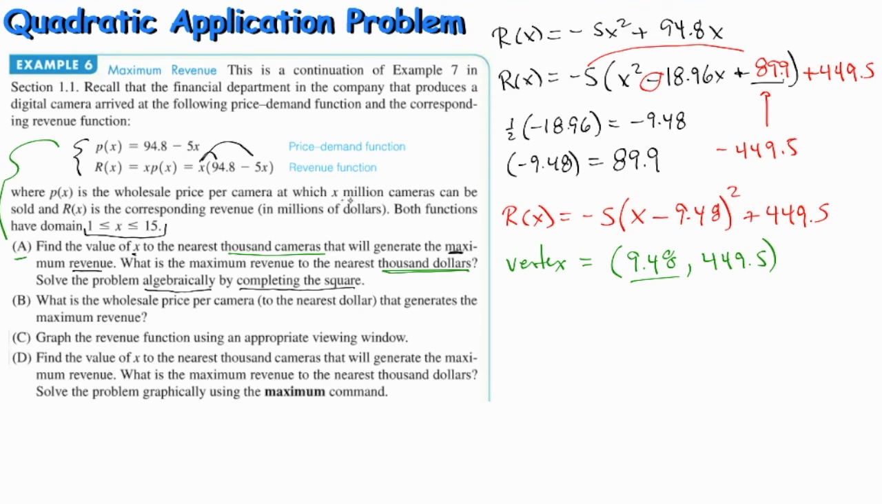were saying millions of cameras and millions of dollars. This is the intent. This down here was a typo. I referred to the answer key to verify that. So if we multiply this by millions, we have 9,480,000 cameras